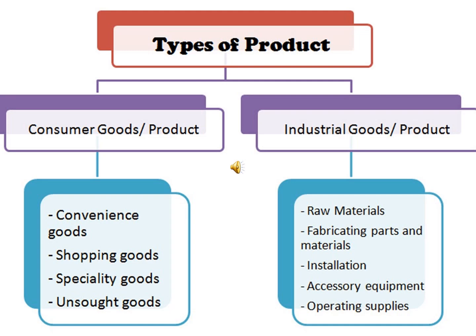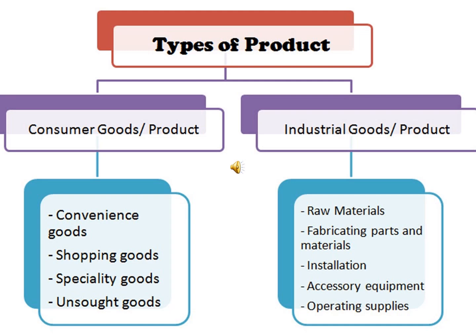Firstly, there are raw materials and components. These are materials or components that are used in the production process to manufacture other goods. So the basic inputs that go into making a final product are the raw materials, like cotton for textiles, crude oil for fuel, or other raw materials like wood for furniture. Those are the raw materials or the inputs that go on to make the final products.